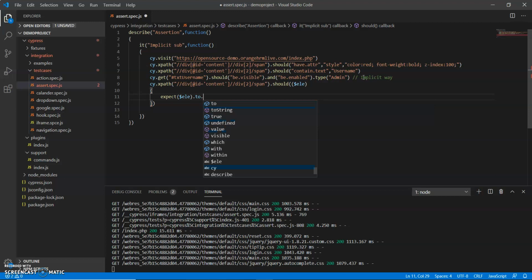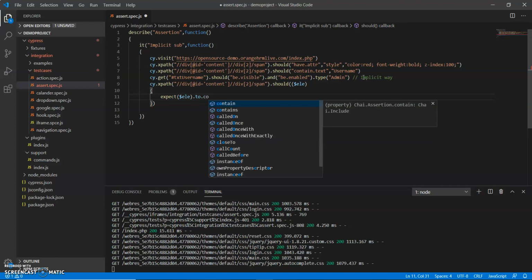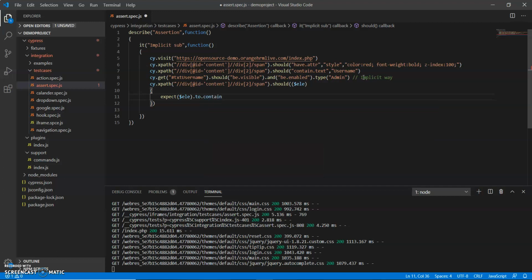So here I have searched whether it is present or not, to contain, and I put username, right? So we will check whether it will work or not.